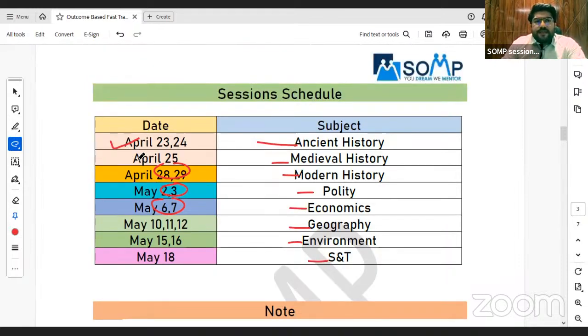The schedule has been designed in such a way that you are getting the time to study for that particular subject as well, and therefore you can utilize that time productively in the session as well. If I were to take an example, for example of ancient history, how will things look? It's starting on April 23rd. On 21st and 22nd April, you just revise your ancient and medieval history from whatever sources you have used. Then in the sessions itself, for three and a half hours, I am giving you time to study.